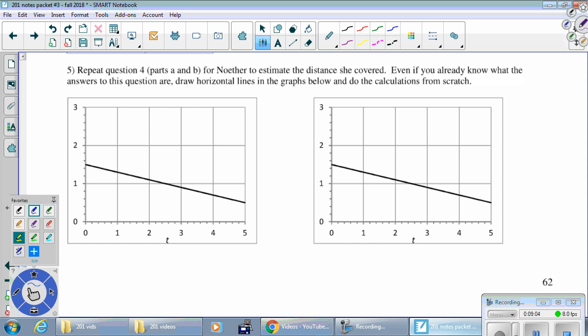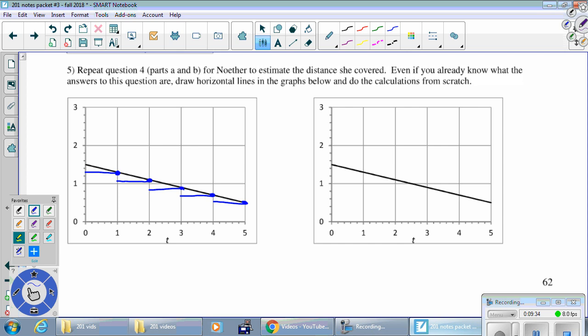Okay, so then for the first one, if we're doing a low estimate, in the first hour, her lowest speed was at the far right. And let's draw a horizontal line right there. And in the second hour, the lowest speed was at the far right. And in the third hour at the far right. So all of these are underestimates. Of course, it's going to be the same calculation. It's the same 4.5 miles that we got for Hertz right up above, but